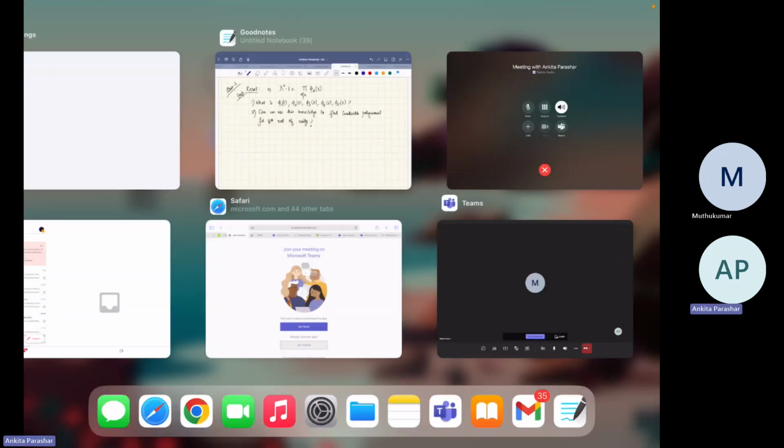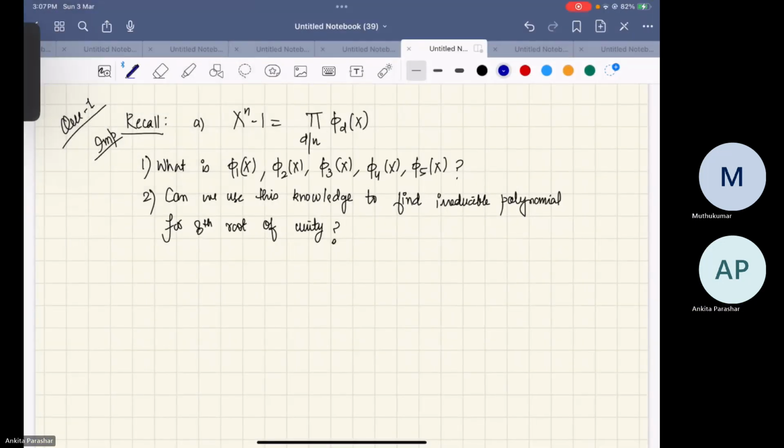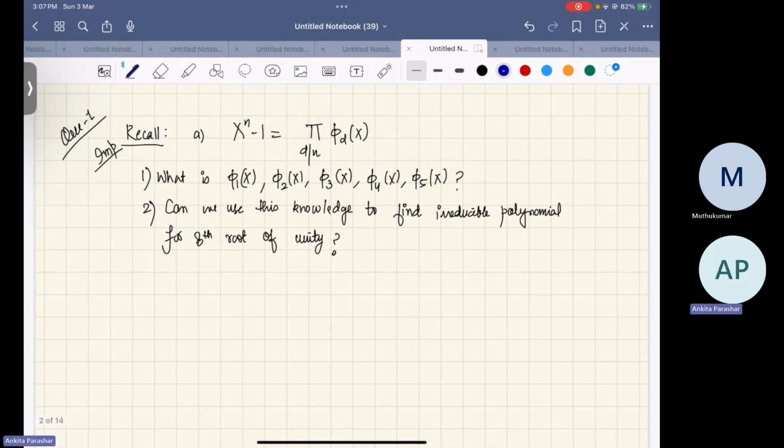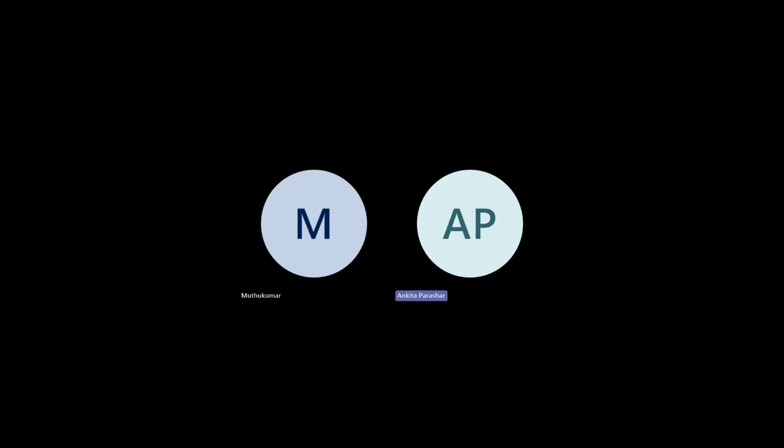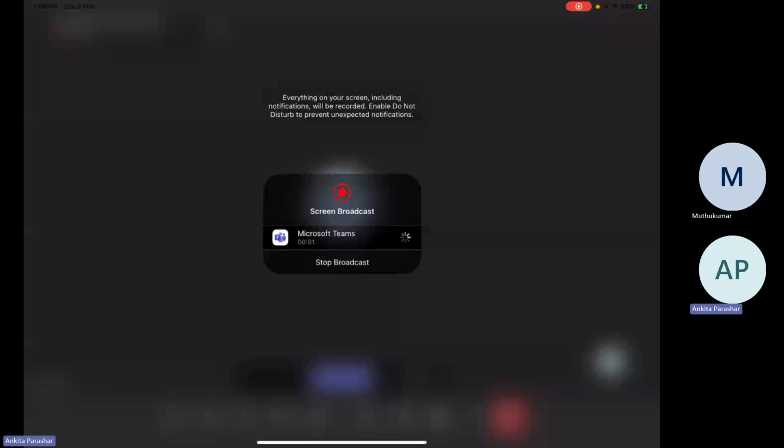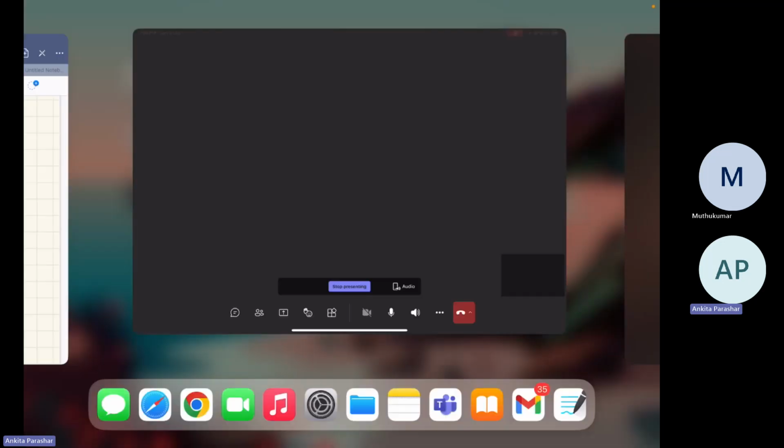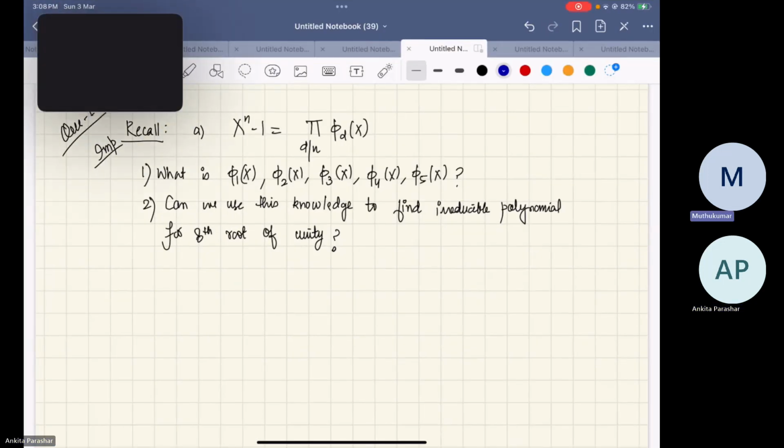So let me share my screen. Alright, so I think the screen is visible now. The screen has gone, right? Yes, not visible. Okay, let me try once again. Can you see the screen? Yes. Okay,